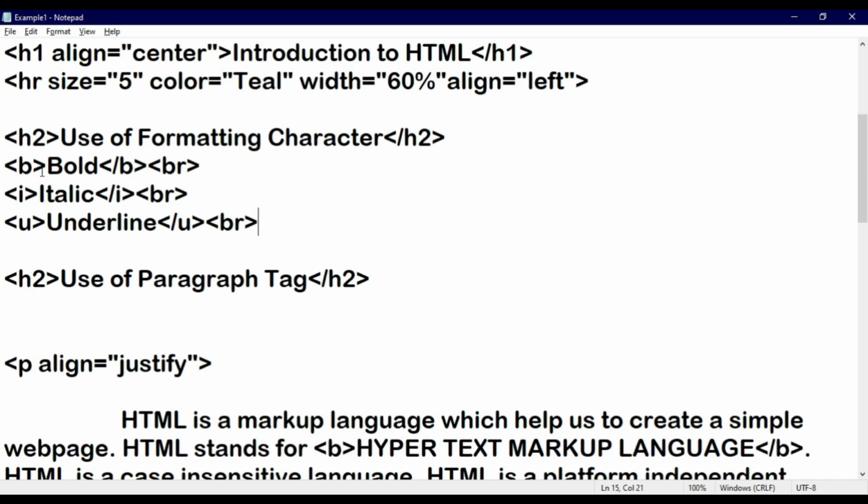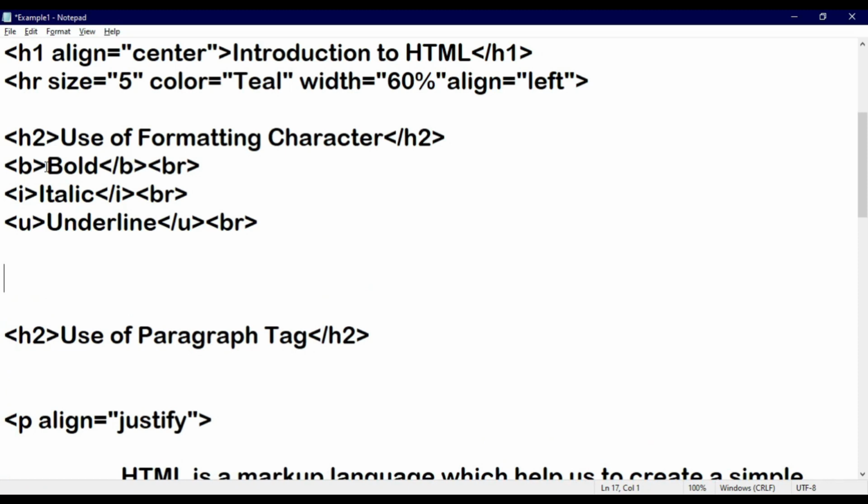But instead of physically mentioning all the tags to that particular text, HTML is providing another way also, in which we just inform the browser what we want. Afterwards, logically, by its own thinking, it will make changes inside your output and you can see the output on your screen. And that is possible with the help of logical style